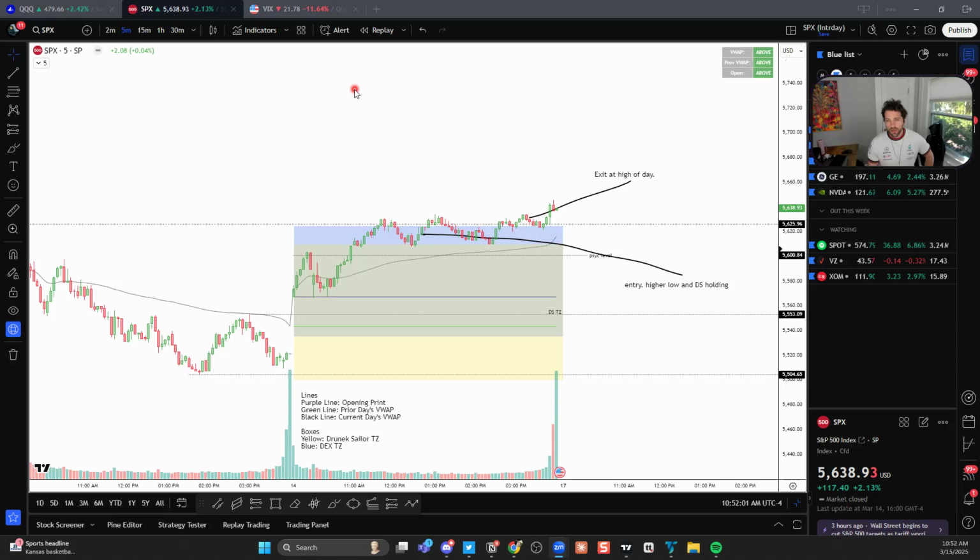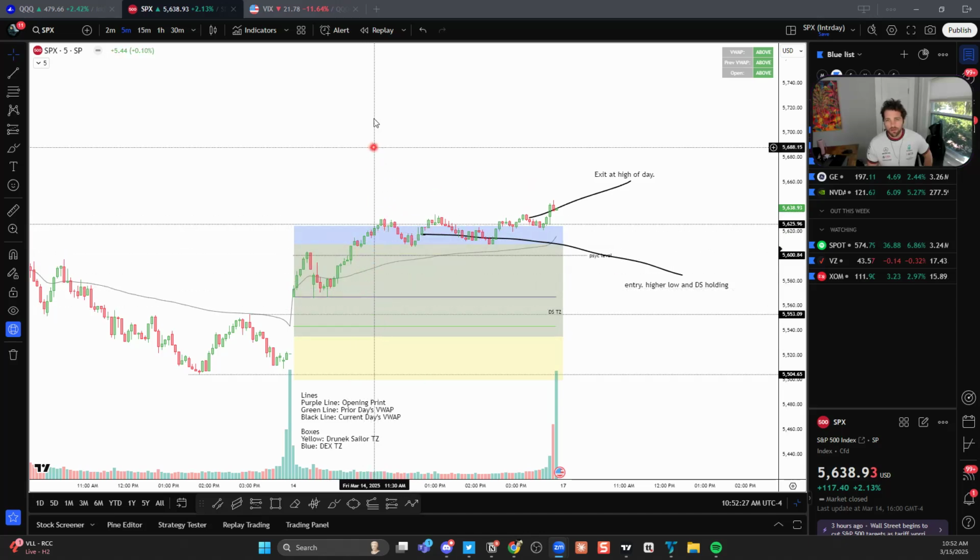So above opening print, I tend to be a little bit more bullish. Below opening print, I tend to be a little bit more bearish, but that's just me personally, not necessarily a GammaEdge view, because we were just specifically focused on the options market, right? And this is kind of where me as a trader, I found things that I like to overlay with the GammaEdge tools as well. Right, so from there, held VWAP, and then we got this nice move off VWAP